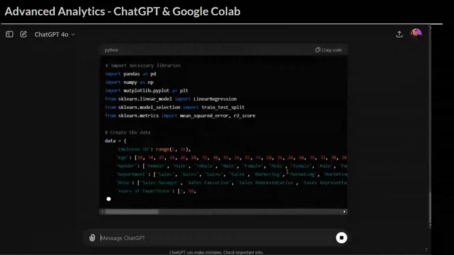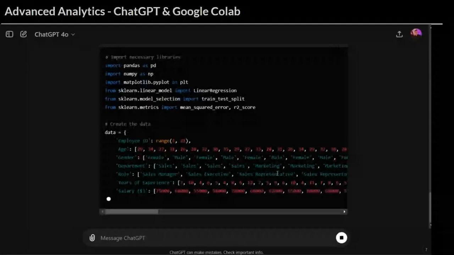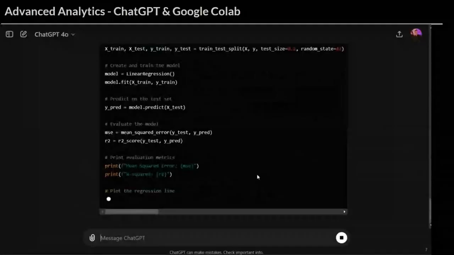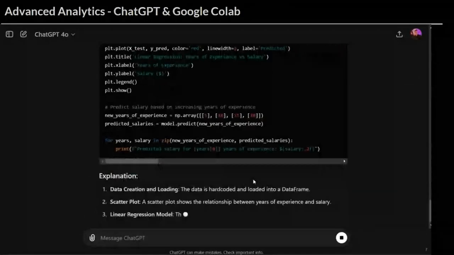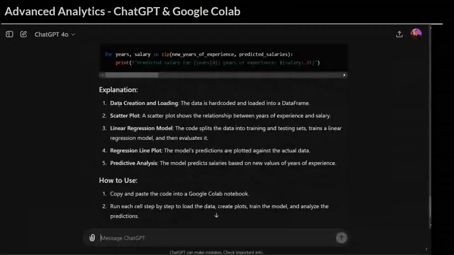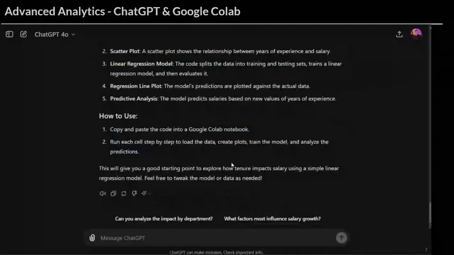I will show you that in a second, but you can see that it's actually creating some fairly complex code. We don't have very many data points here, but effectively what I'm asking it to do is some predictive analysis, or actually a linear regression, so some proper maths, and it's writing the code for that, which has been created here. When it's finished being created, I'm going to copy that, paste it directly into Google Colab, and you'll be able to see this much more complex data analysis. So here it's explaining what it's doing. It's doing a linear regression, it's doing a line plot, it's doing some predictive analytics, and we can take that code,